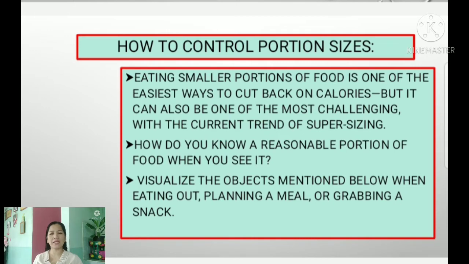So, paano nga ba natin mapapaliit yung ating kain o yung ating intake ng pagkain? So, eating smaller portions of food is one of the easiest way to cut back on calories. So, sabi dito, mas maliit o mas kaunting amount ng pagkain, mas kakaunting calorie ang ating nakukonsume. Siyempre, pag maliit lang yung cut ng ating kinakain pagkain, kakaunti ang calories content. But it can also be one of the most challenging with the current trend of